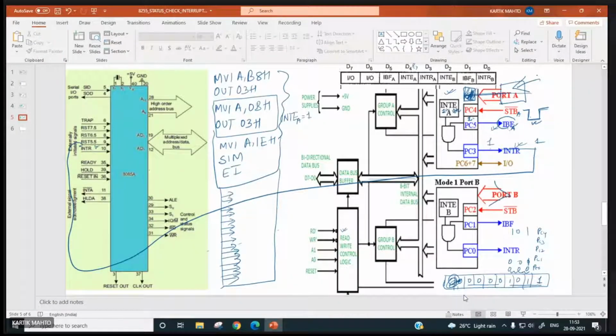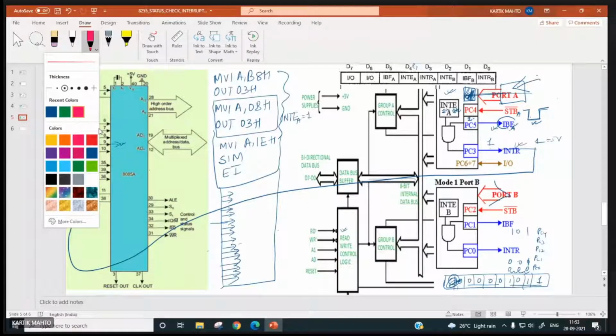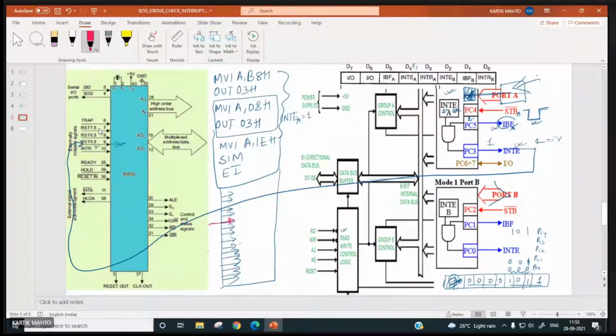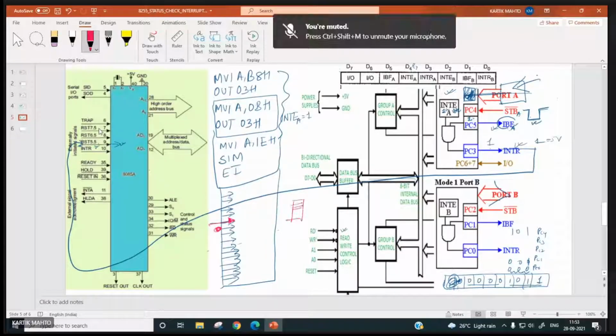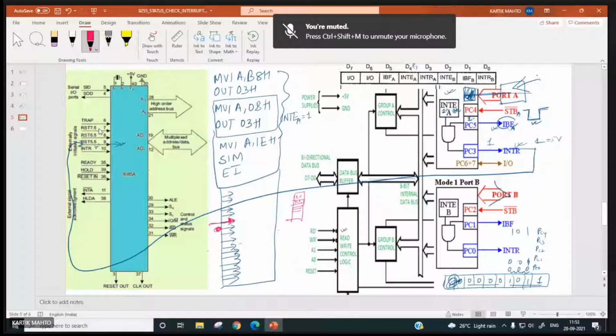So this 5 volt is connected to RST 5.5. So moment this RST 5.5 comes, the processor is executing at this point. Suppose processor is right now over here, right? Address of next instruction will be pushed onto the stack, and then it will branch to ISR of RST 5.5.